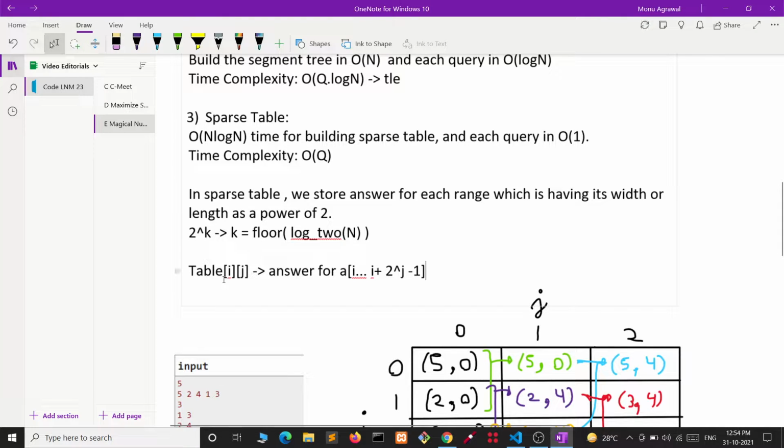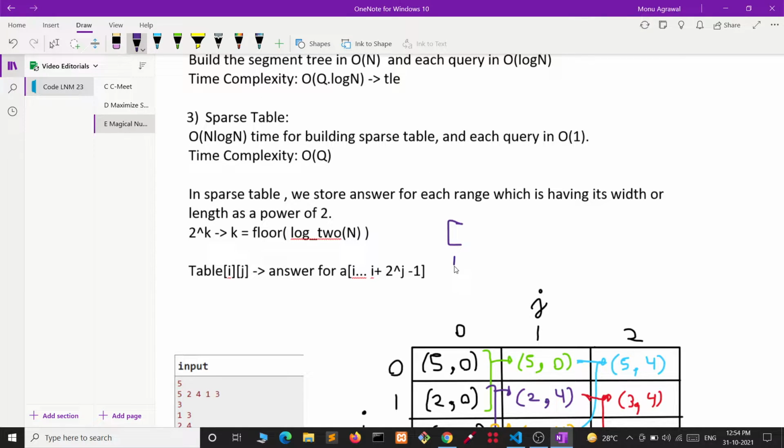This i is telling from which index we need to start, and j is telling the width, or the length, of the range, which starts from i and has length 2 to power j.